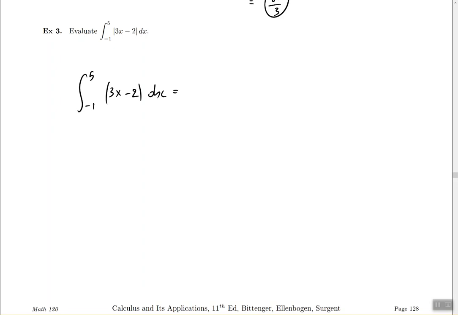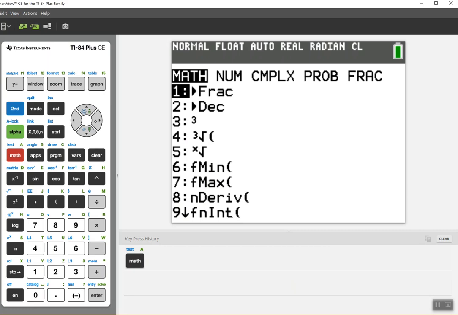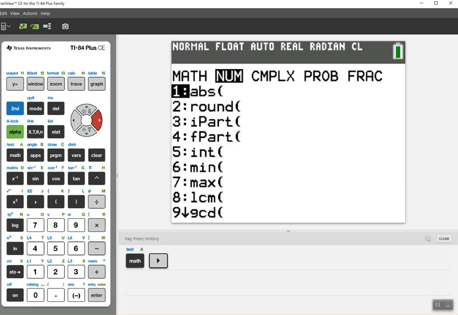And it's actually very simple to use the calculator for this problem. You don't have to worry about plugging in weird values or anything. So let me show you what that looks like by converting the screen to a calculator screen. First things first, I want to show you what the graph looks like so you know what you're dealing with. So let's go ahead and click on math, and we're going to go 1 to the right to find